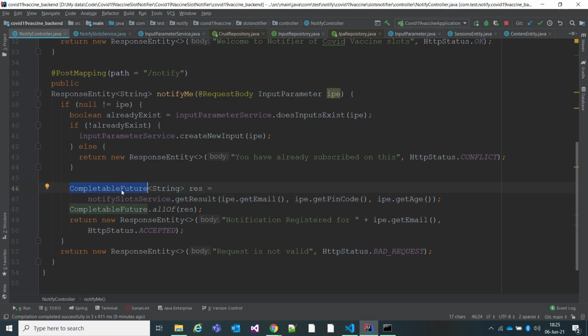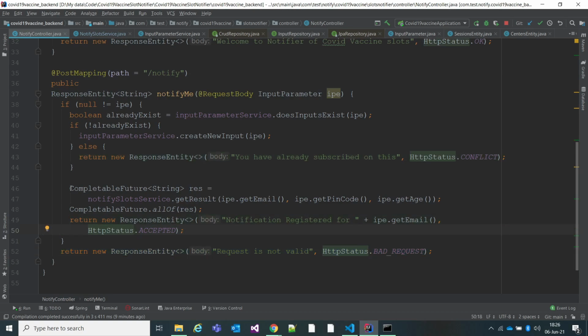What is this? It will execute this code in another thread, so my main thread will not be blocked. My main thread is just creating the entry in the database, and it is expecting a response on that.